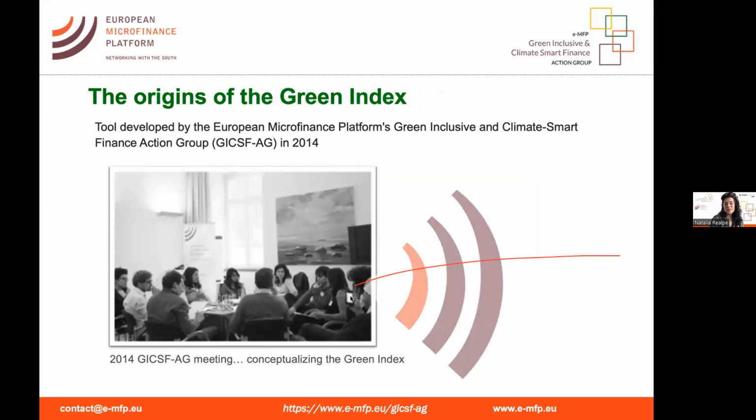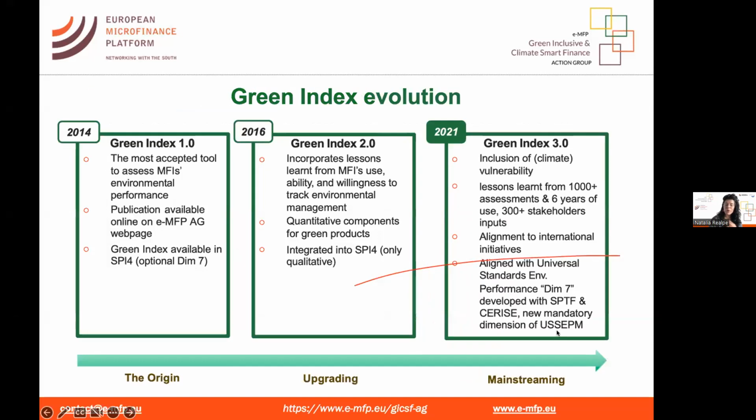How it started: it was a tool developed back in 2014 by the Green Inclusive and Climate Smart Finance Action Group. At that time, it was called Microfinance and Environment Action Group, and this has evolved over the years since 2014. Now we see in 2014, we had its first version, Green Index 1.0. It was the most accepted tool to assess microfinance institutions. It had one publication, and it was also available in the SPI4 as an optional dimension,